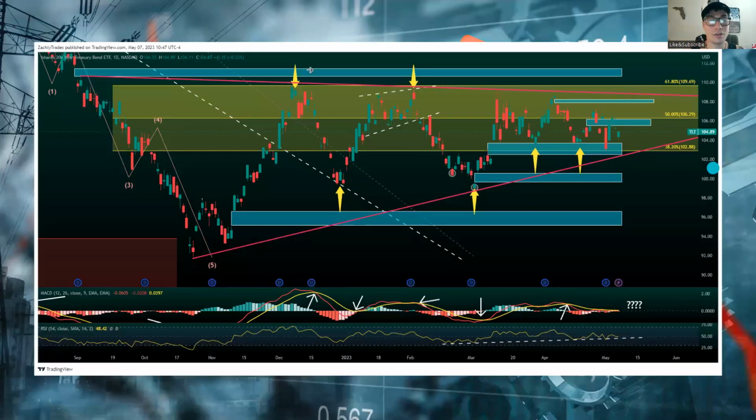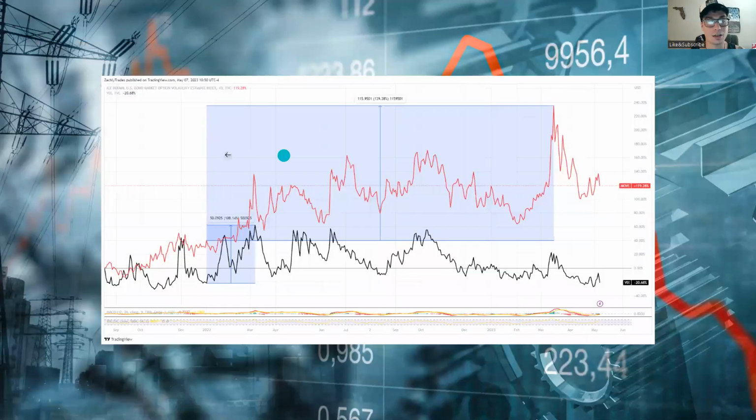We're also going to cover the volatility in the bond market, right? So here we actually have the bond market volatility versus the stock market volatility. And the bond market, guys, has been much more volatile than the stock market. I mean, this is absolutely crazy. I personally don't know the last time in history that the bond market was more volatile than the stock market. I'm sure it may have happened before, but we're going to cover that.